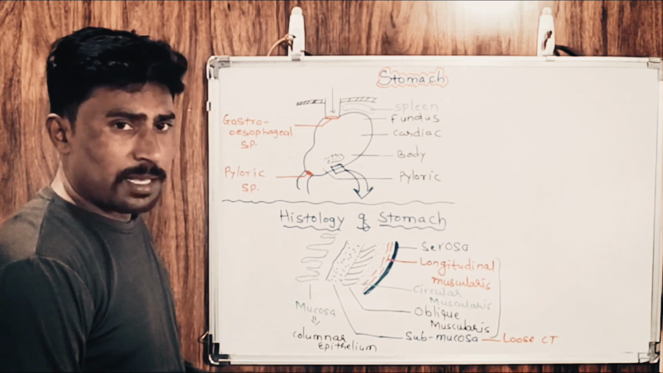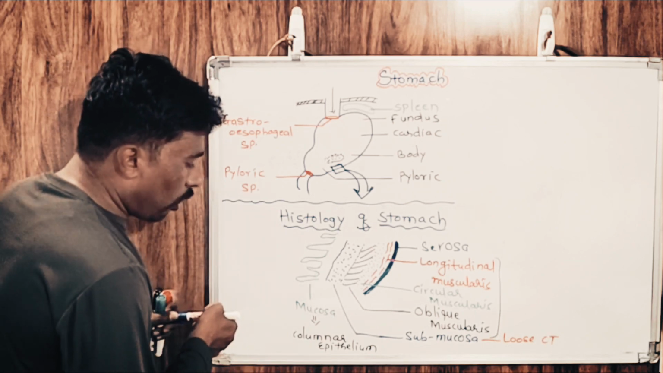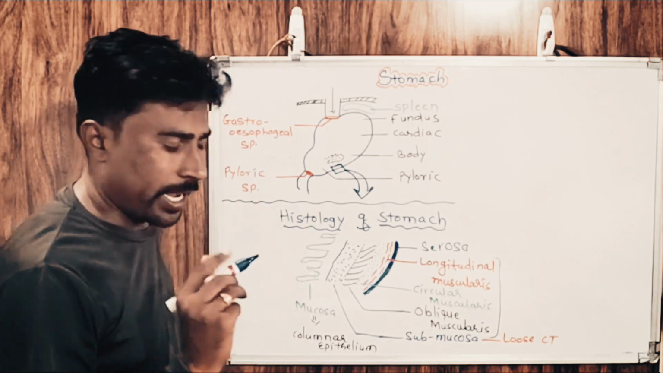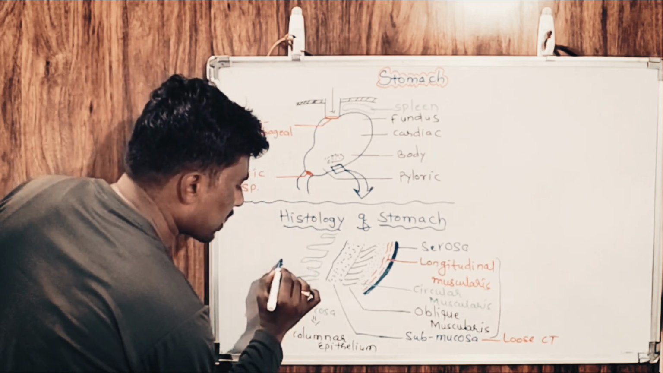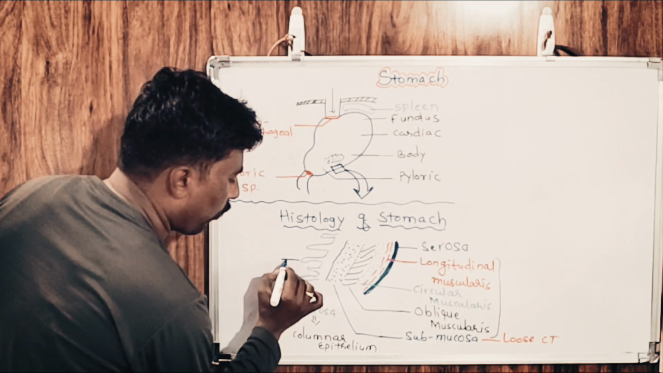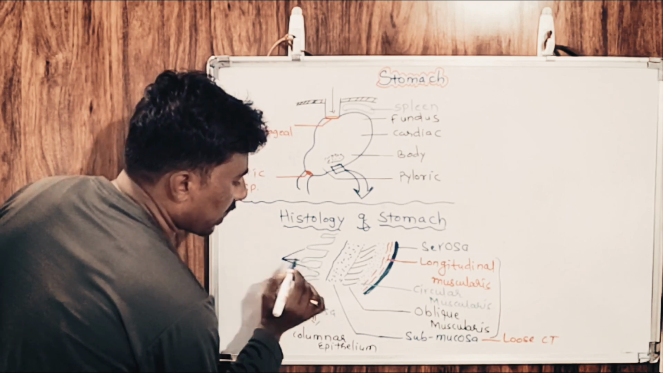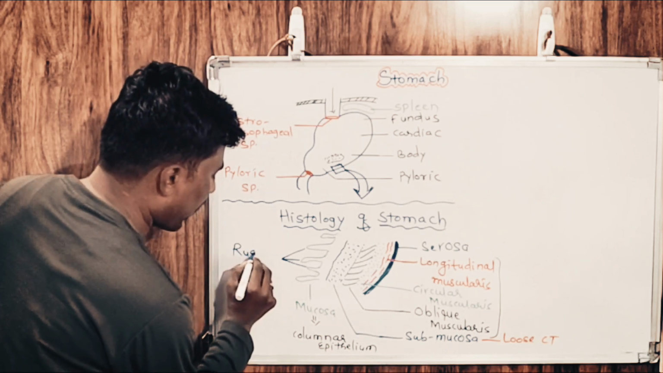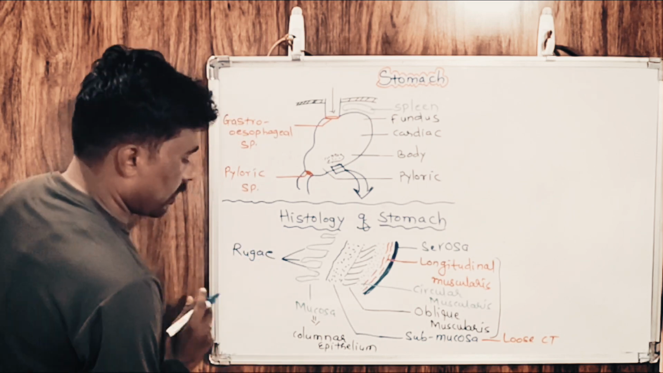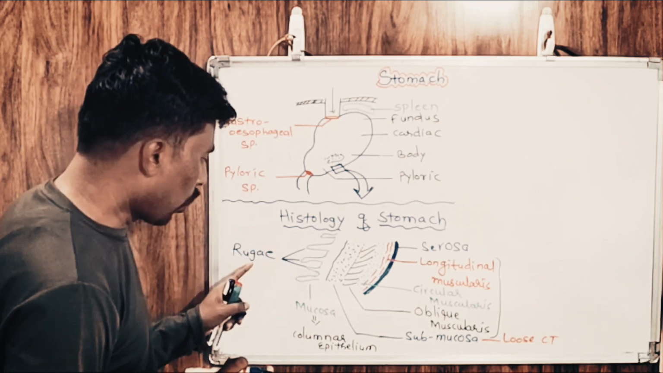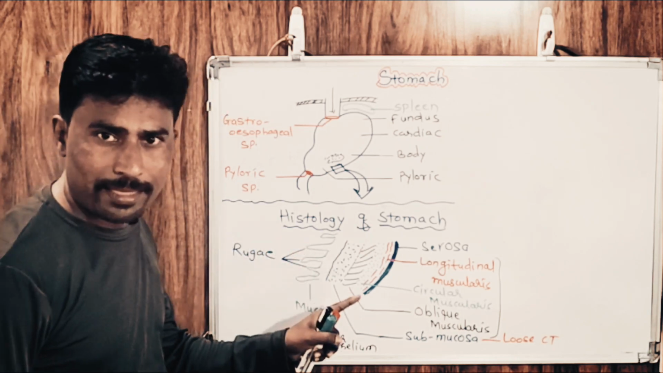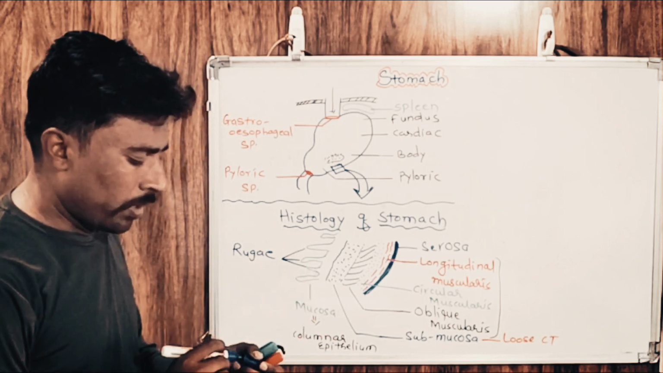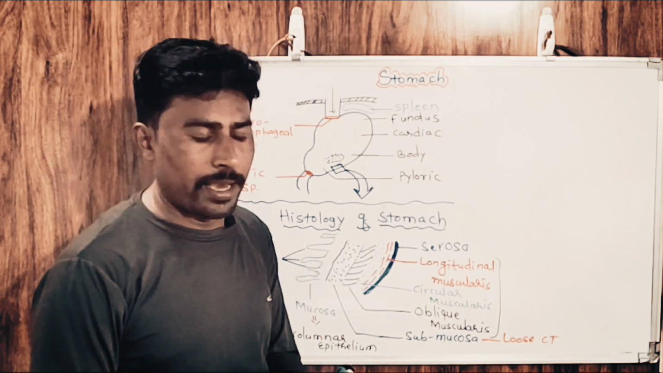And I told you there are such irregular foldings in the mucosa layer. These also have a name. So what is the name of such irregular foldings over here? These irregular foldings, students, are known as rugae. Yeah, they are known as rugae. Remember that rugae are found only in the stomach. Yeah, rugae are found only in the stomach. This is how all the different layers are there in the